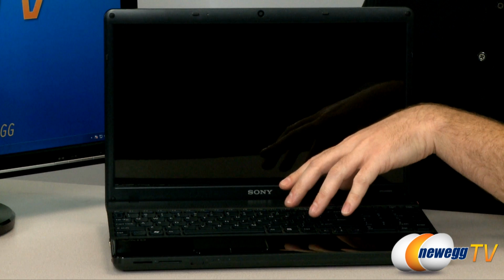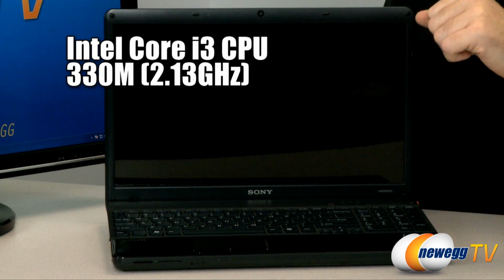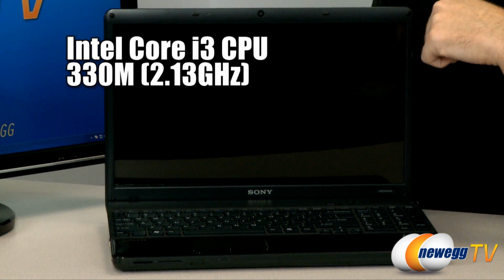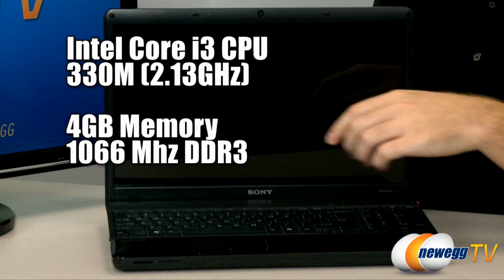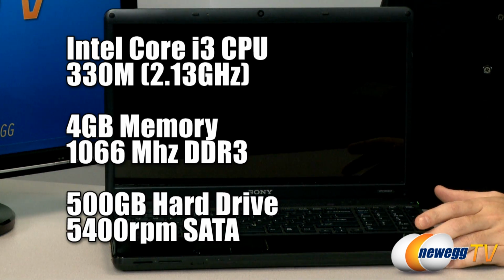First of all, the CPU inside is a 2.13 GHz Core i3 M330. It's a mobile processor, so it's very speedy and it's also pretty decent on power consumption. It has 4 GB of 1066 MHz DDR3 memory, as well as a 500 gig internal hard drive that spins